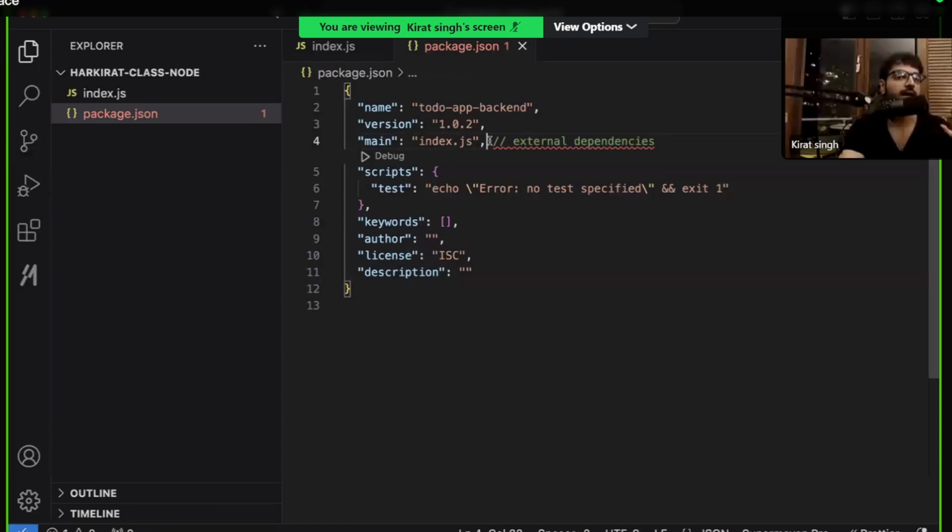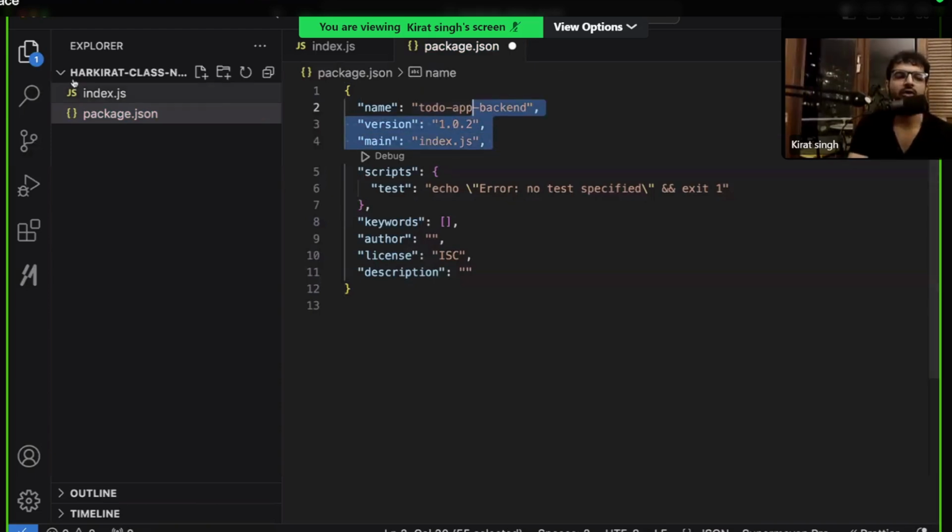When you are deploying this to npm, I repeat, when you are deploying this to the npm registry, which, don't worry if you don't understand what this is, we'll later understand what the npm registry is, and what external packages are. When we understand that, we'll understand the use case of these three things. For your local application, it doesn't matter.